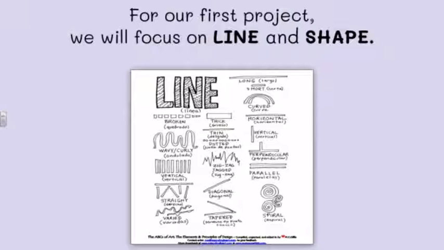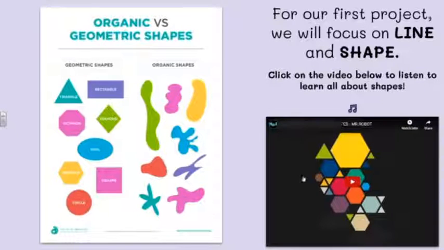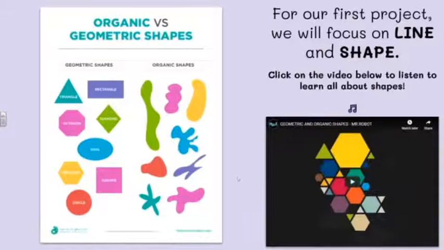Here are some lines. We are going to be working primarily with straight lines, okay? Diagonal straight lines are what we are going to be mainly working with. Maybe some parallel when they are right next to each other but not crossing, okay? And if you want, there is a really cool video for you to watch. We're not going to watch it together, but it's there for you, and it's all about geometric and organic shapes,